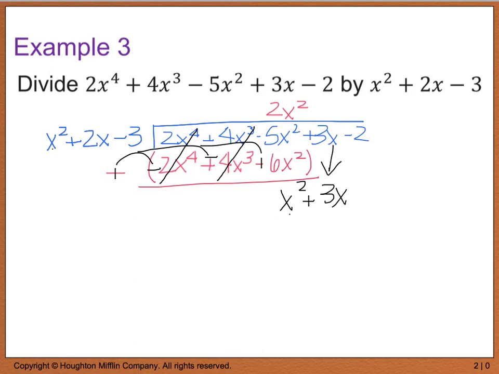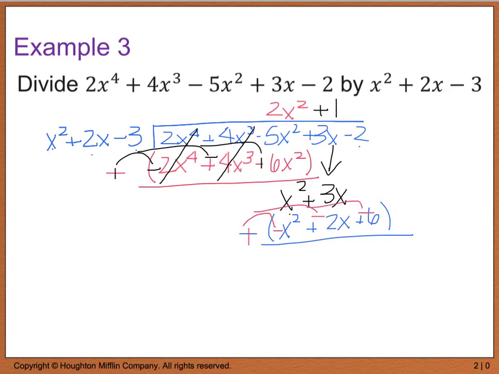And x squared goes into x squared one time. So I'm going to go plus 1. And x squared times 1 will give me x squared. 2x times 1 will give me plus 2x. And negative 3 times negative 2 is a positive 6. So we're going to hug it with parentheses, slap a negative on it, distribute that negative,